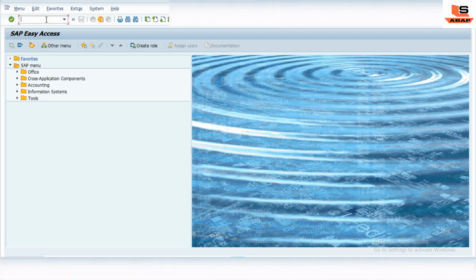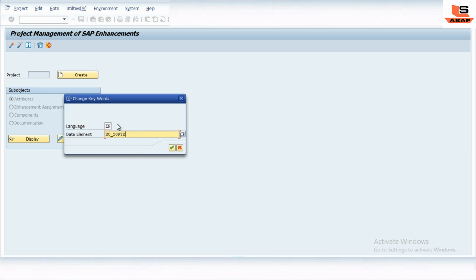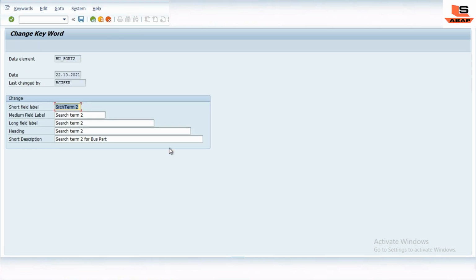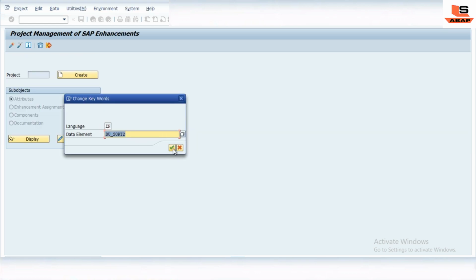SE61. Go to Text Enhancement, Keyword, Change. Here I will paste BU_SORT2, and here where the business partner is, I will type BP. Click on save, store in a transport and click on OK.